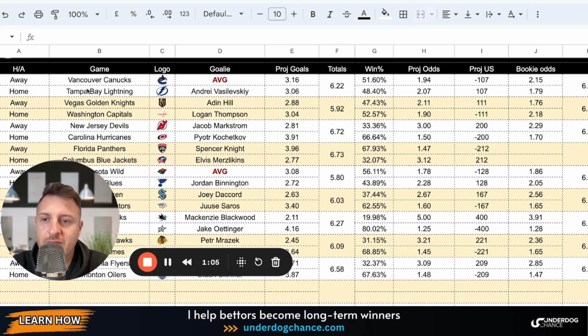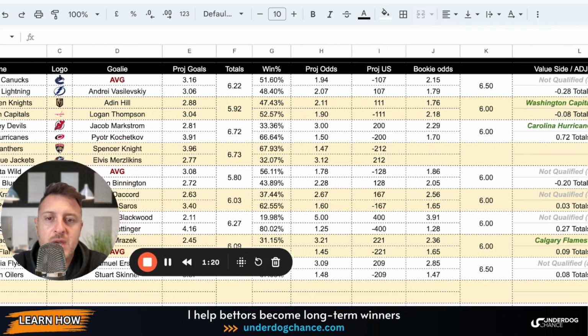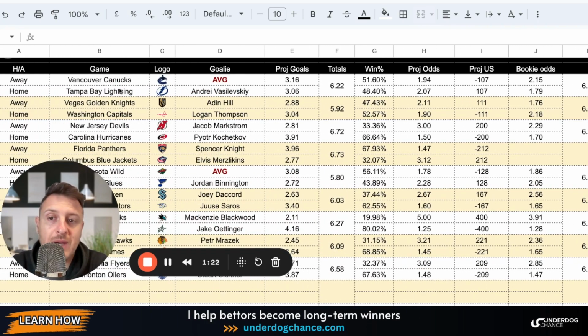So let's move to projections. Okay, Vancouver Canucks against Tampa Bay Lightning. I think Tampa Bay, not Vancouver, will start with Silovs. So I have a league average goalie here, and based on my projections, there is not enough value. But if I need to pick, I would probably go with Vancouver Canucks based on current odds, because based